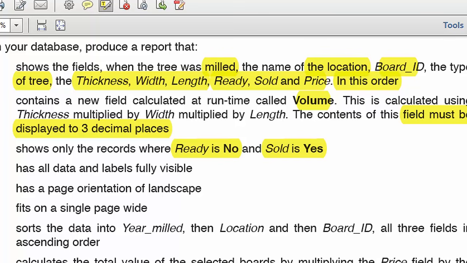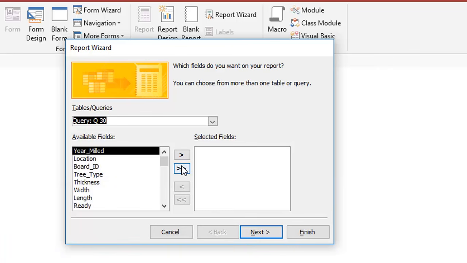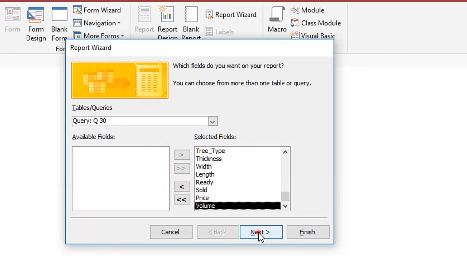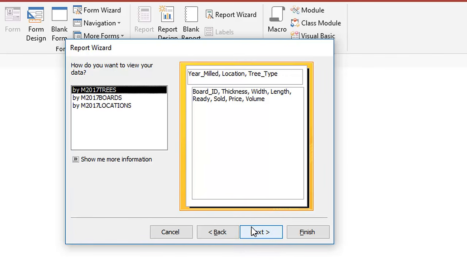So I'm going to continue from there. I'm going to add everything and then click on next. Now I need to decide how my report is going to display the information. I'm going to show you what this looks like at the end, but you can, for example, have the year